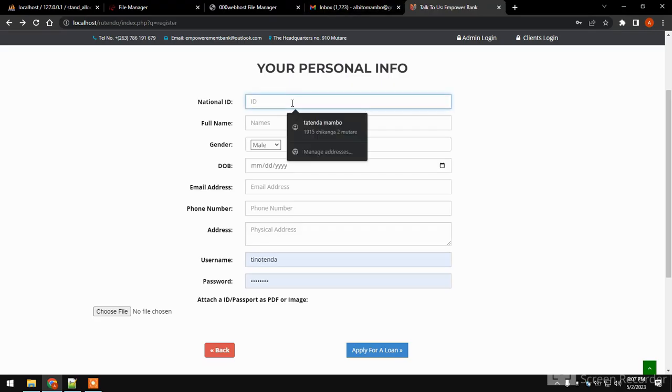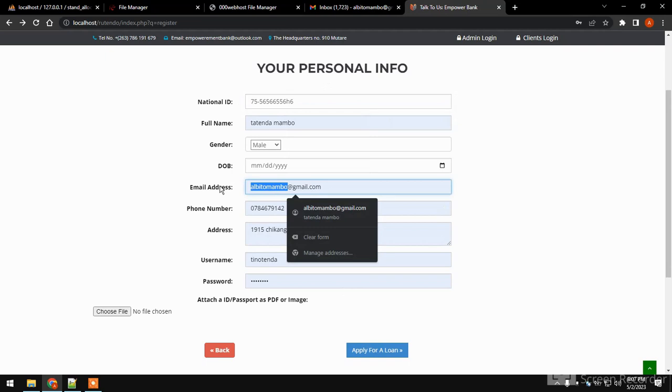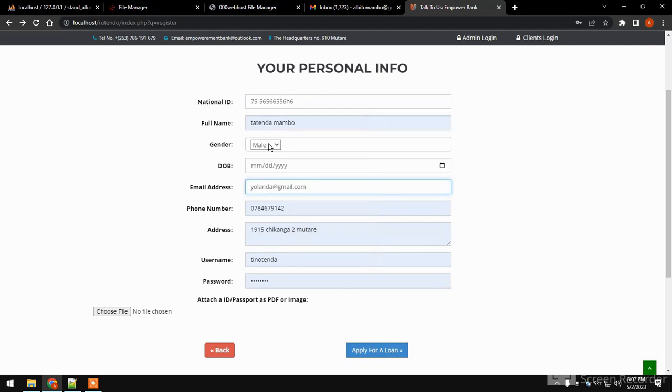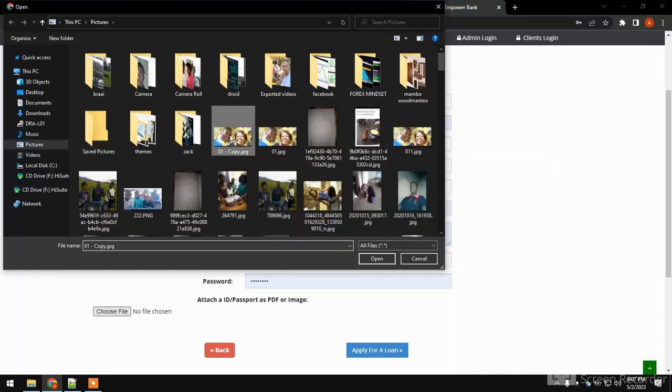Hello everyone, I'm Albert from Zimbabwe. I create web applications for different organizations, individuals and entities. This time I'm going to show you a website designed specifically for Empowerment Bank in Zimbabwe. Empowerment Bank gave me a request to create a platform where clients apply for a loan